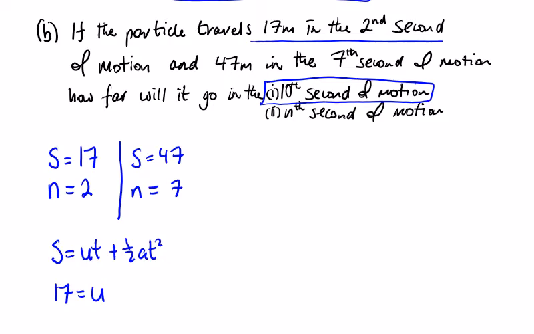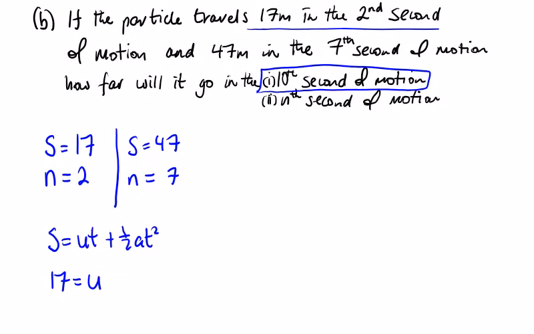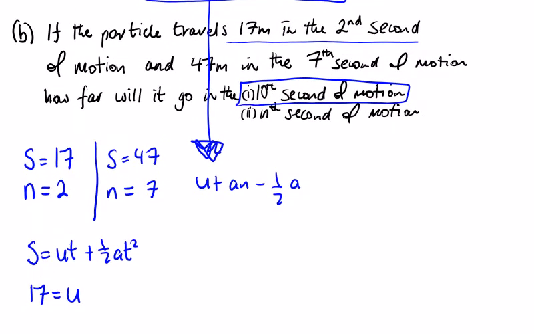Well, actually, I can use my previous equation. Why don't I just use my previous equation here? So I'm just going to bring this, because this gives us my end. That's what they want us to use here: u plus an minus a half a. So we have these two values, s and n. So 17 is equal to u plus